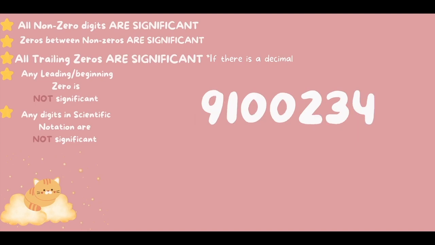Next, how many significant figures can you count here? All of our numbers here are significant. 9, 1, 2, 3, and 4 are all non-zero, so they're automatically counted. Now, the 2 zeros that are squished between the non-zeros are also significant by that second rule, right? Zeros between non-zeros are significant. So 7 sig figs in total here.